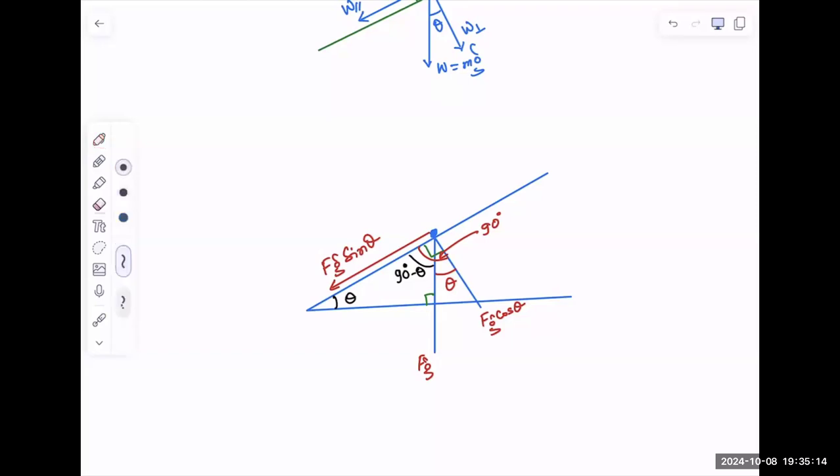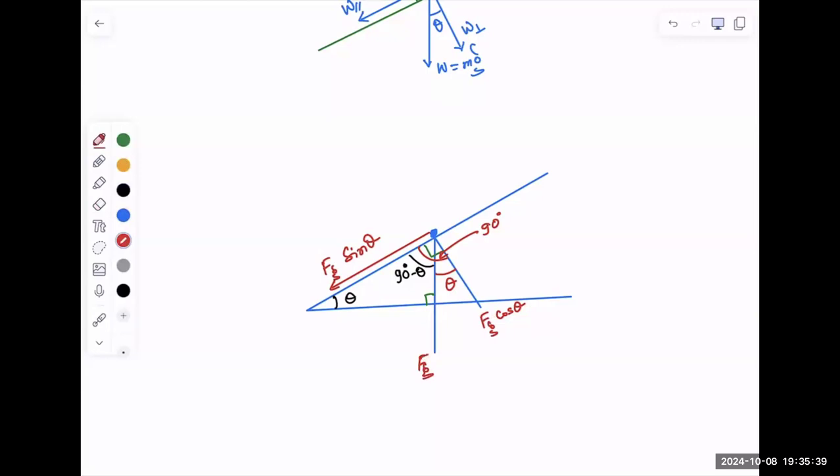Okay, so let me write this down. This g is looking like a multiplication. I'm just rewriting this one to make it look like a subscript. Okay,